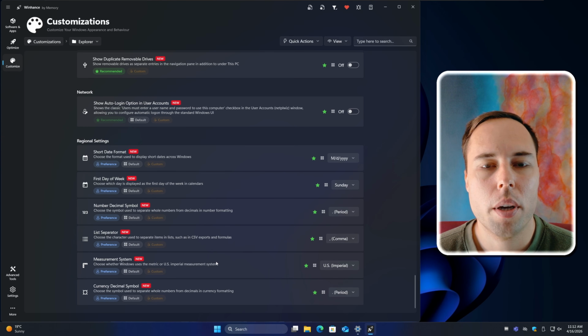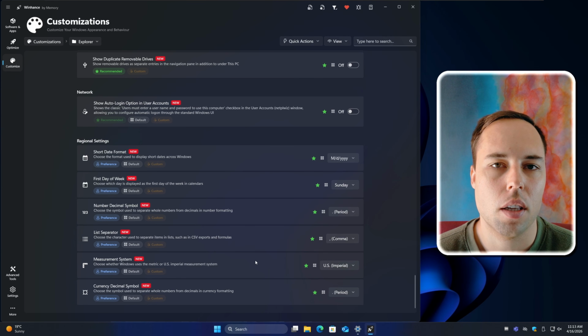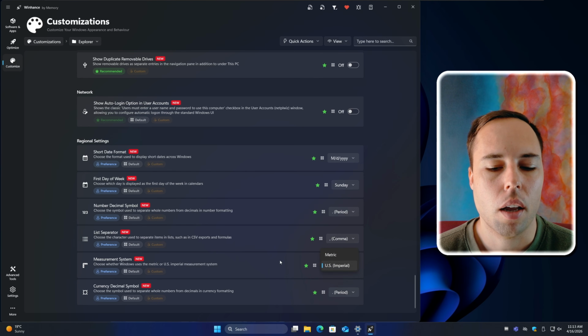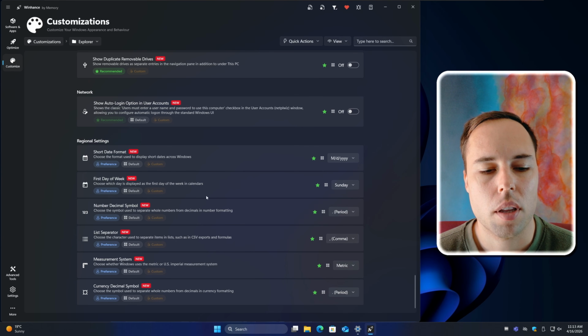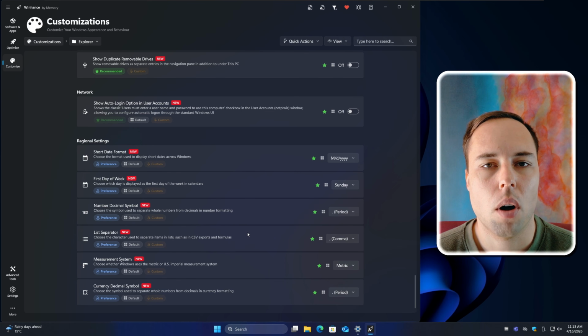But Windows is always going to set these settings based on the locale that you've chosen. So if you live in the US and you selected US, then it's most probably going to set it to imperial. If you're living anywhere else where they use the metric system, it's going to use metric. So yeah, we can have a debate about what the recommended system is, but for these settings themselves, there's no recommended value because it depends on where you are in the world.